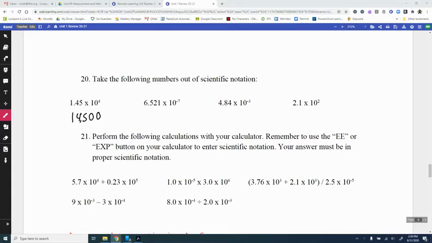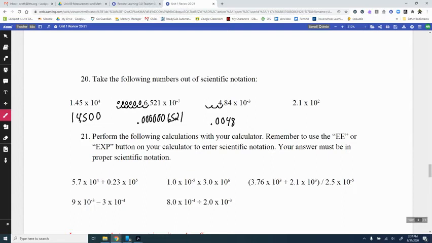So this time we're moving the decimal the other way. We take the decimal and move it 7 places: 1, 2, 3, 4, 5, 6, 7. We fill each of those places with a 0. So it's going to be 0, 0, 0, 0, 0, 0, and that's our number. Next one, same situation, but we move it 3 places: 1, 2, 3. So it's going to be